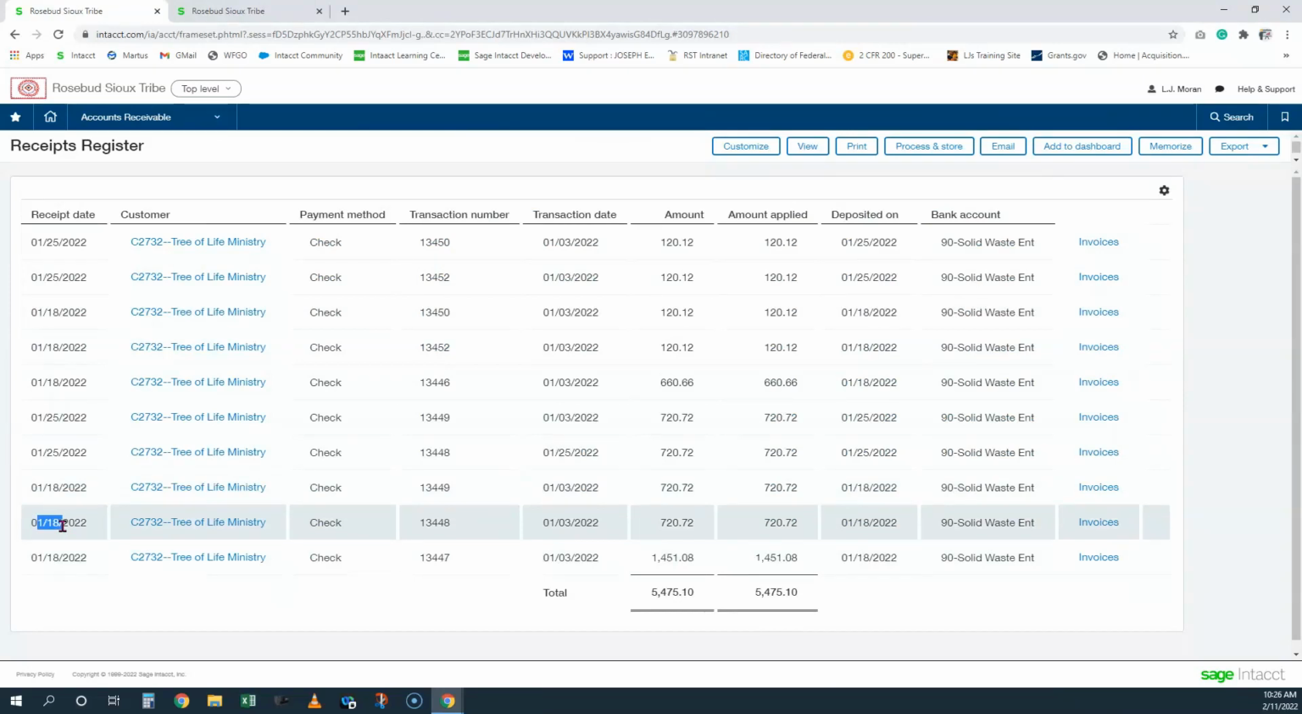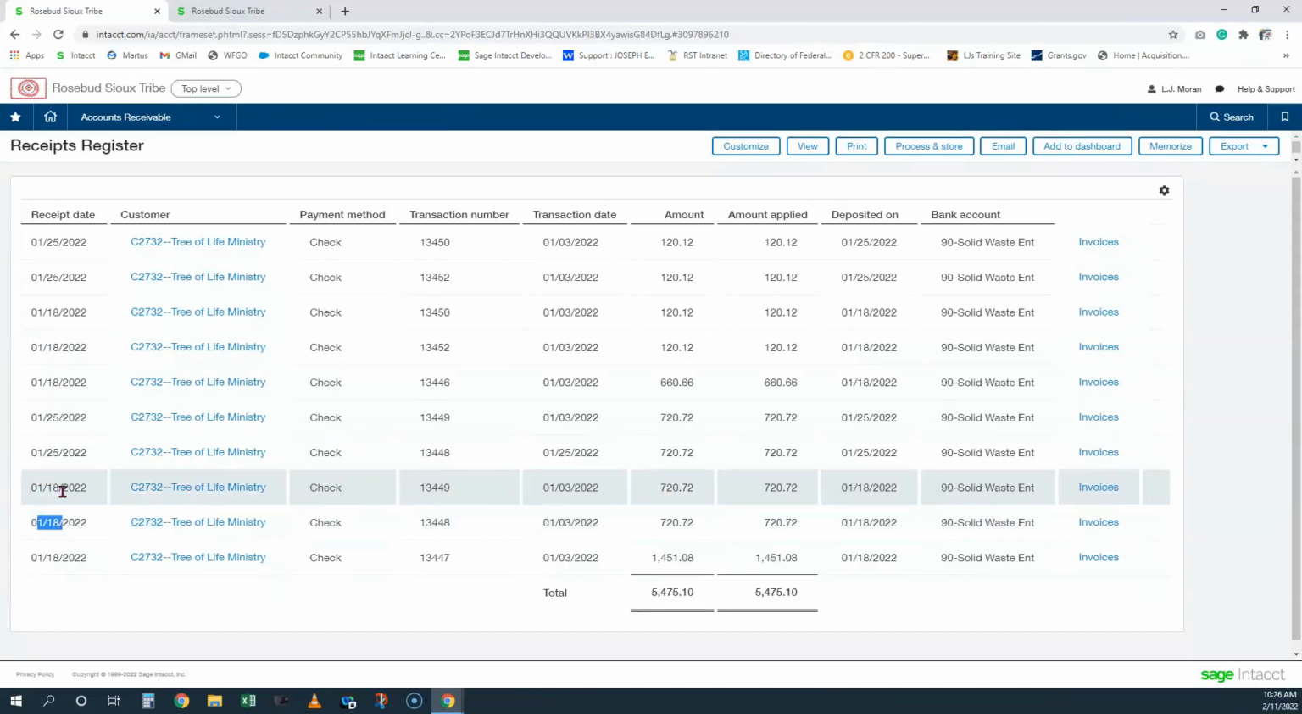And then when we're done, we can notify Lori that we've resolved the issue, tell her it's a duplicate payment, and now she can move forward with her bank reconciliation, knowing that we have now corrected the problem. In this, Intacct doesn't care if you duplicate these transaction numbers. So it's very important that things like these receipts registers are used to your advantage to make sure that